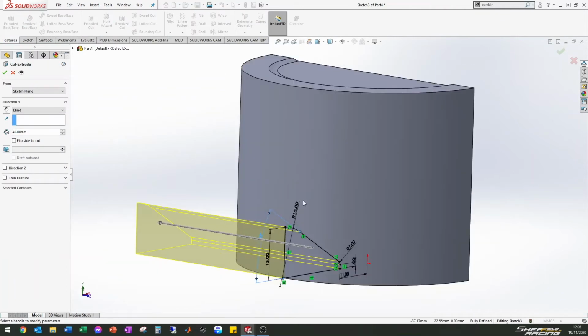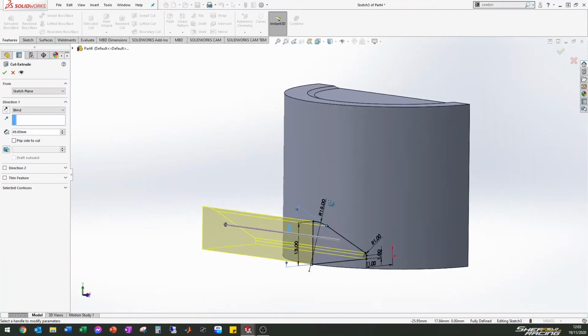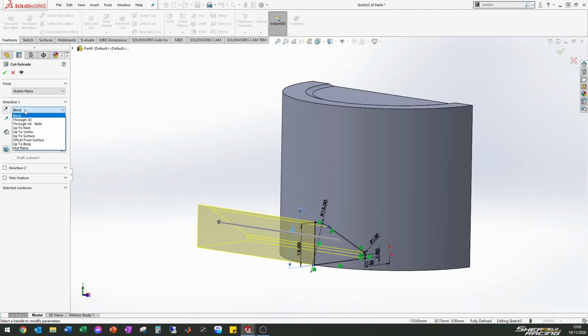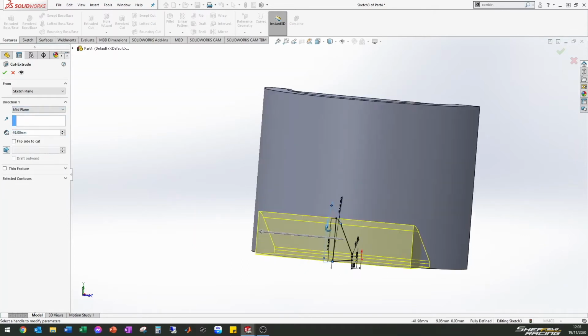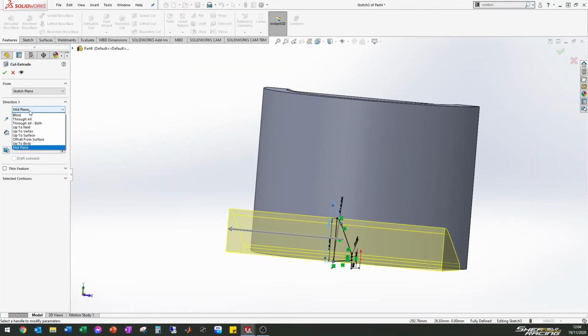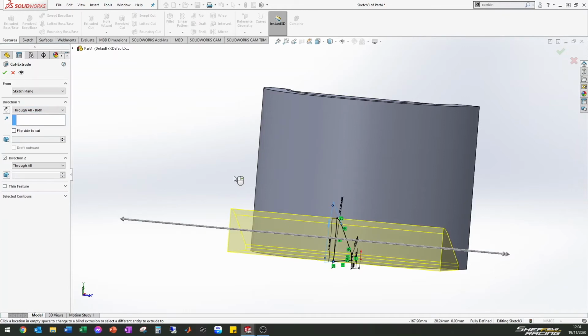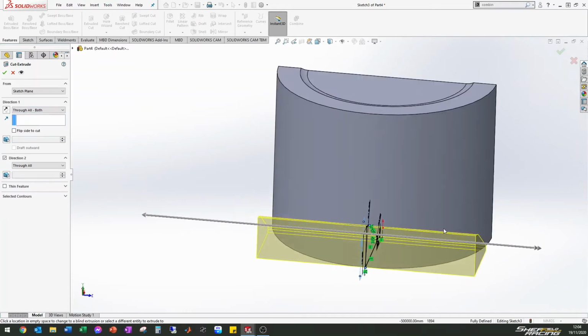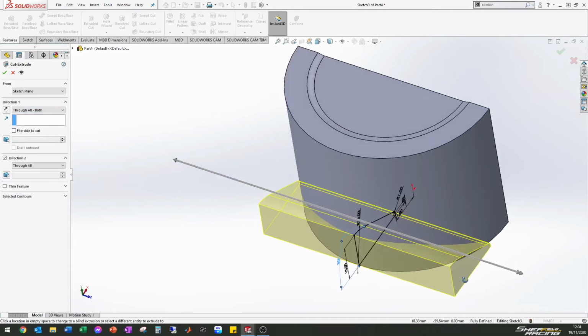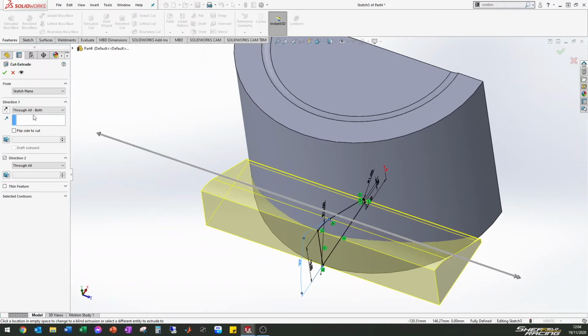If I look from the side now, the direction this time we can use through all, both, or mid plane. Mid plane would be quite helpful for this because it's going forward and backwards from the mid plane, and we can specify that distance. But if we use through all or both, then automatically, no matter how wide the piston is, it will always cut up until that edge. So that's what we're going to use for this feature. So if I do through all or both and then click OK,